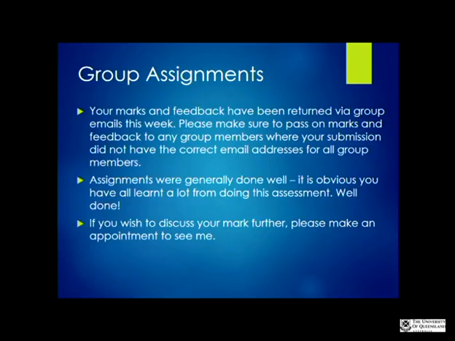As you can see, everyone generally did quite well in the assignment, and you could really see the learning that had happened across the semester from when you first started looking at planning schemes in week 1 compared to what was submitted as your mid-semester assessment. So you can pat yourselves on the back for a job well done there.